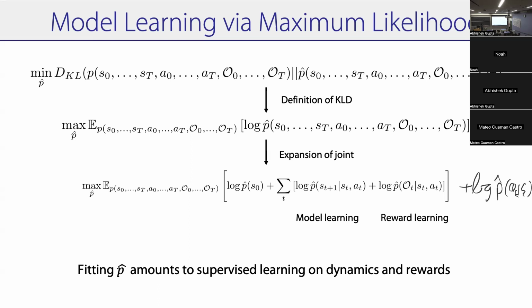The way we learned this is we just sampled a bunch of random data. The way we sampled random data is we took a state, we sampled an action from our action prior, not from a posterior, from a prior. Then you went to the next state and got a reward. So the log p hat of AT given ST is estimating the action prior. It's estimating the policy you collected the data with. You collected the data just by doing random shifts, so it's estimating random shift.